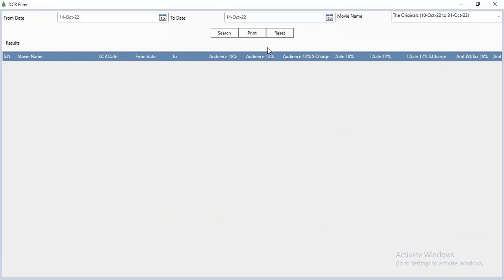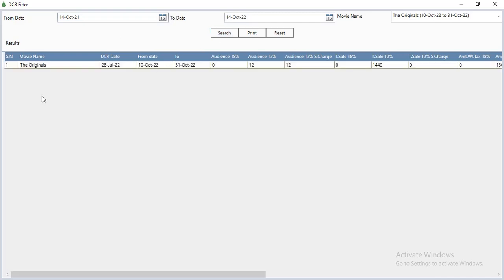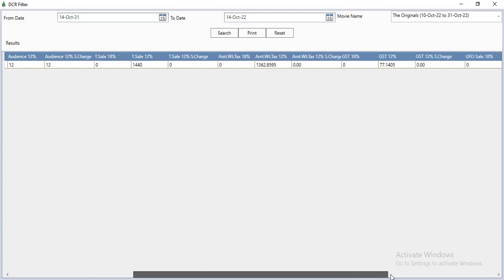And in DCR filter, you can check according to the date and movie name. Click on the search button. Here it will show you the movie name, DCR date, from date, to date, audience of 18%, audience of 12%, service charge, total sale at 18%, total sale at 12%, service charge, amount with tax 18%, amount with tax 12%,